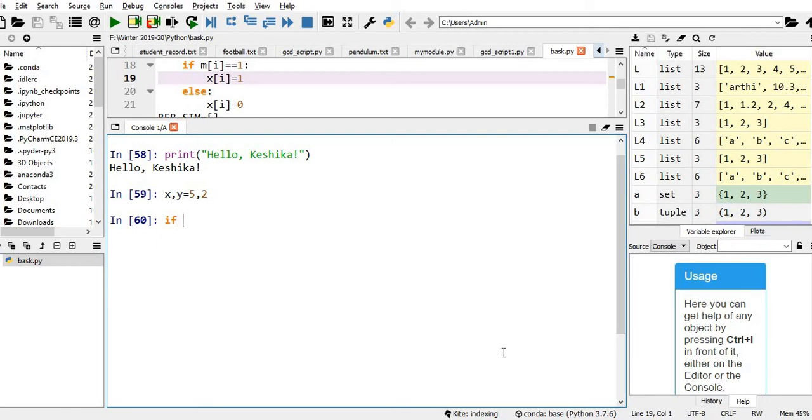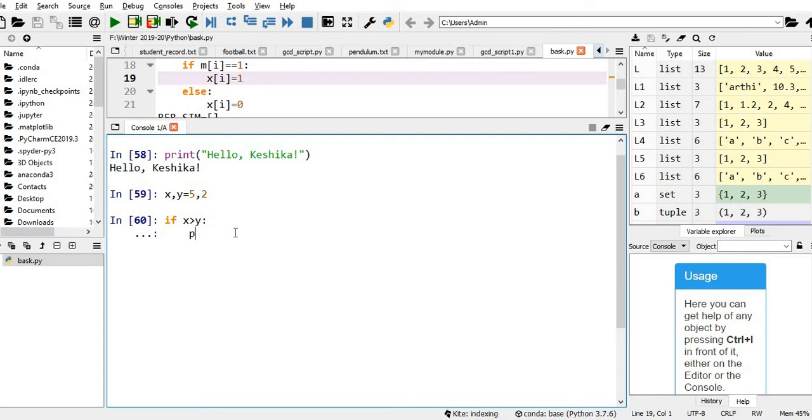If x greater than y, for if I'm going to terminate with a colon. Then if I hit enter, you can obviously see there is an indentation of a tab space. Again, this indentation can be any number of tab spaces. Only thing is it should be uniformly given.